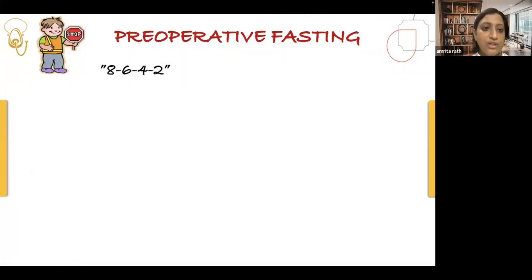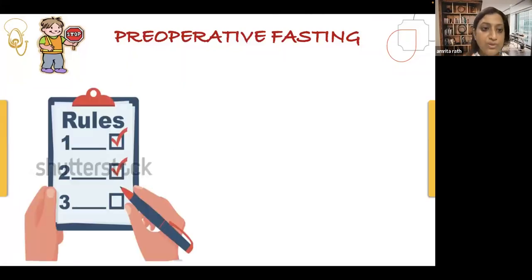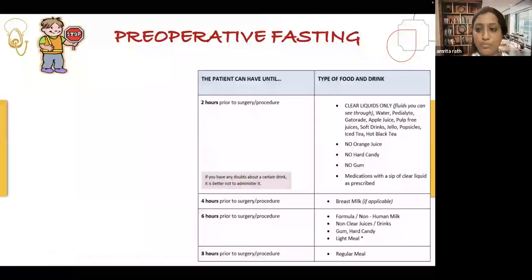So initially the fasting formula was 4 to 8, you know. Sometimes they ask if the patient has chewing gum, then what is the rule, whether it is 2 hours or it is a clear fluid you can think of. So chewing gum comes under 6 hours. Okay. 8 hours is for regular milk and 2 hours is for clear fluids, and they have also described what clear fluids they mean. Okay.